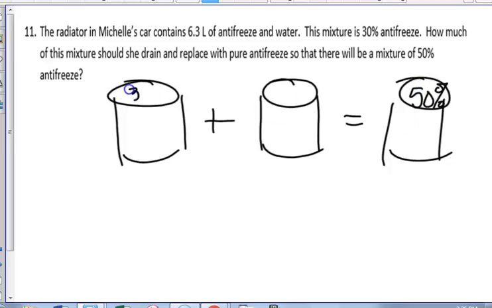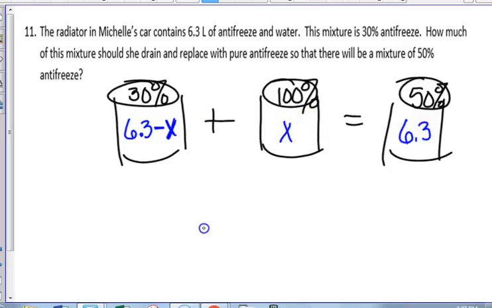What is it now? 30. What is she adding? Pure. Pure is 100%. Okay. This is the tricky part. She wants to wind up with 6.3. What does she have right now? She has 6.3 right now, but what's she going to do with some of that? Take it out, subtract it, and that exact same amount she takes out, she's going to replace with 100%, so this is going to be X. So the equation would be